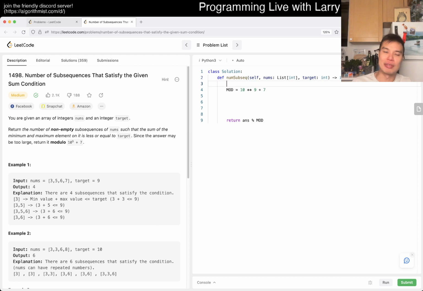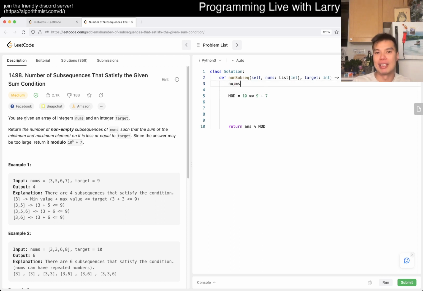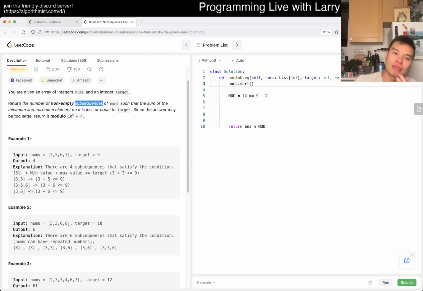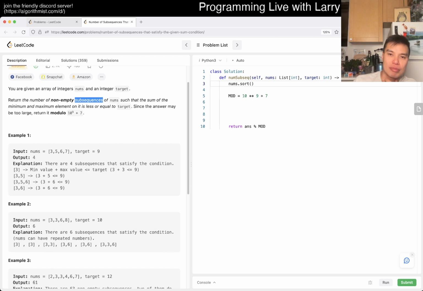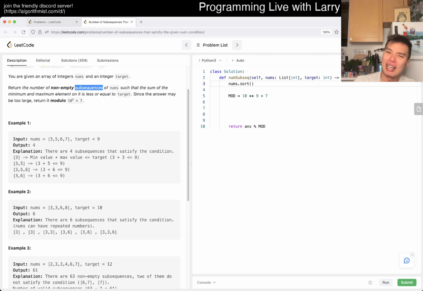And of course, in this case, if you think about minimum and maximum elements, then the first thing you want to do is sort it. The other part of that, of course, is that it's a subsequence, and in a subsequence the order doesn't matter. It's just about the composition of the numbers, and therefore you can kind of reorder subsequences. That's kind of the idea to think about it. So okay, so the max element and, yeah, I think you can also do a binary search if you really want to,